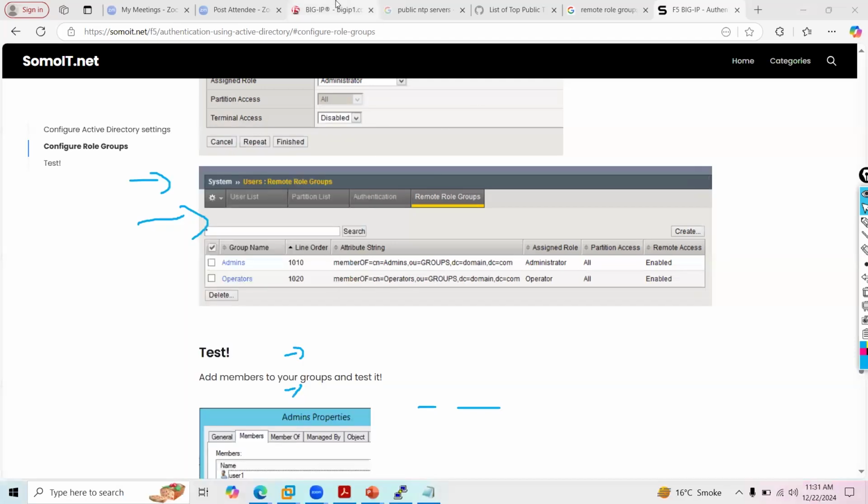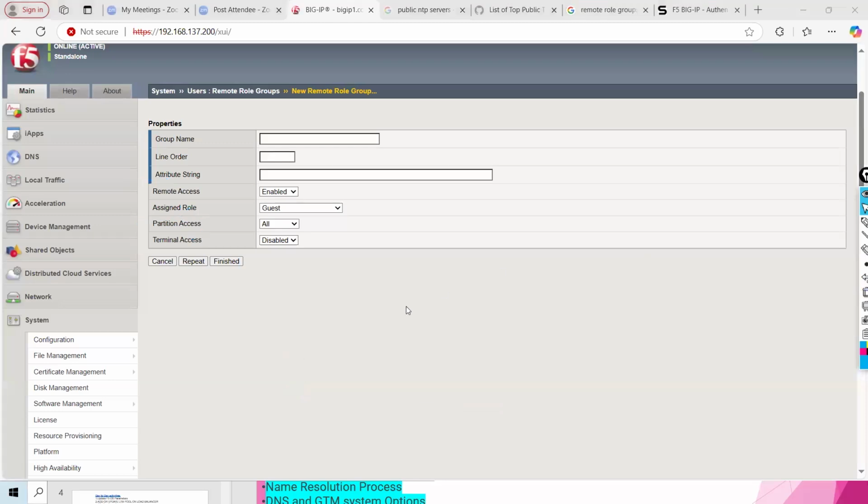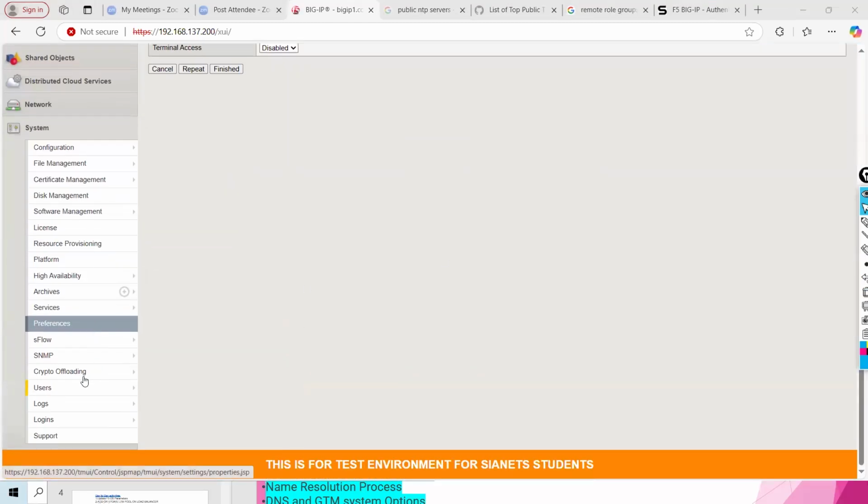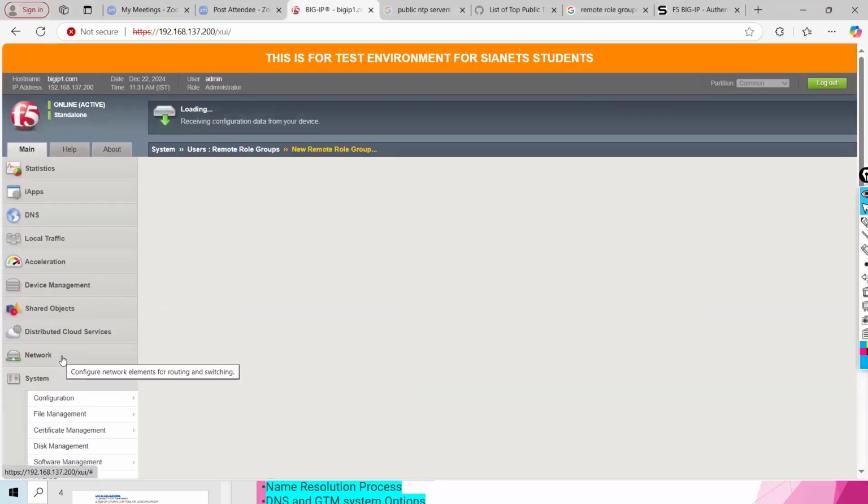Now, SNMP configuration. So we have discussed administrator roles, user roles. User roles is pending, but we have discussed how to integrate F5 with a remote authentication server. Now SNMP. Guys,